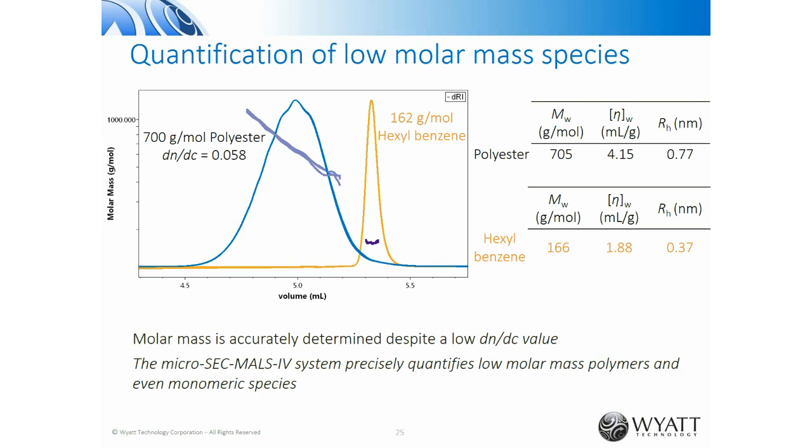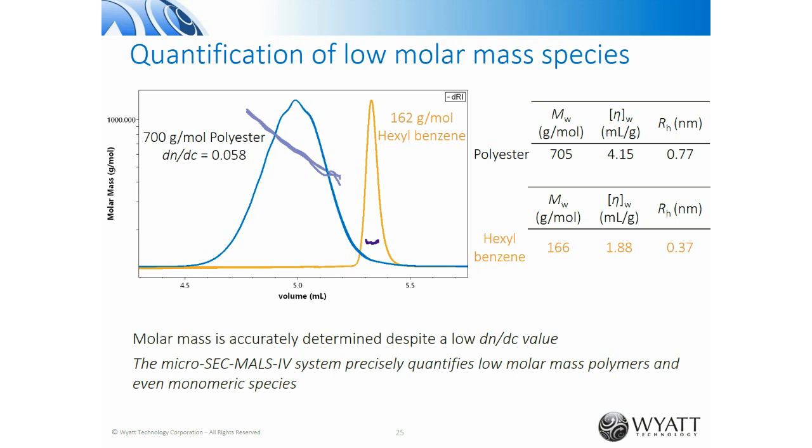Next, we'll look at the capabilities of the Micro-Viscometer and the other microdetectors. And here we're looking at the quantification of low molar mass species. You can see a plot of molar mass versus solution volume of a 700 gram per mole polyester with a low dn/dc value, and of hexylbenzene, which is 162 grams per mole. You see a nice strong signal indicating the sensitivity of the detectors, and you also see the very nice overlay of the triplicate chromatograms and of the molar masses versus solution volume, demonstrating the good